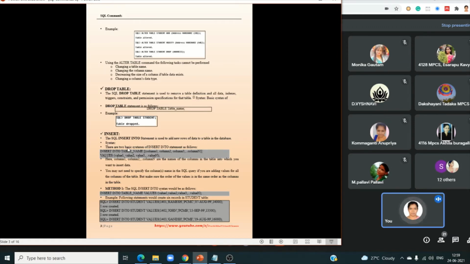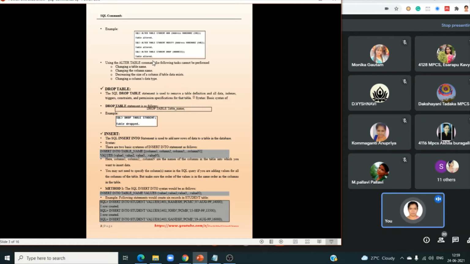Using INSERT, we can add one row at a time, or multiple. For that we have two different basic syntaxes: INSERT INTO table name, which table, and columns.